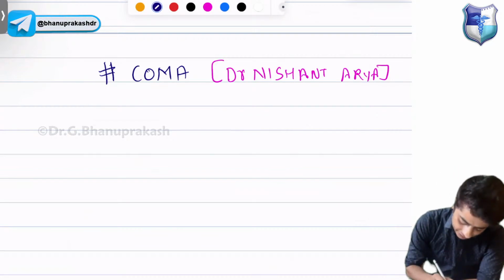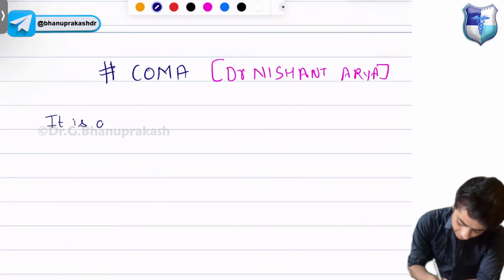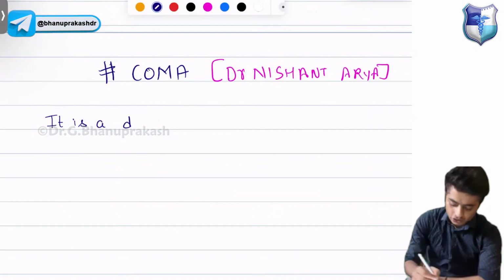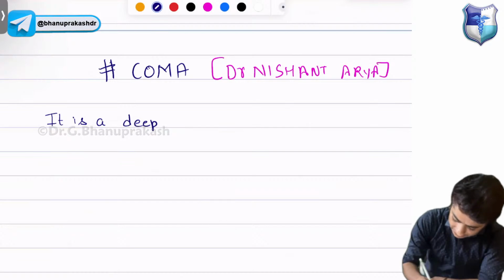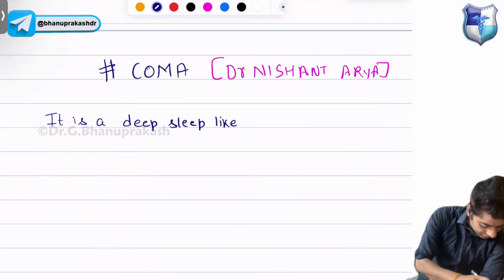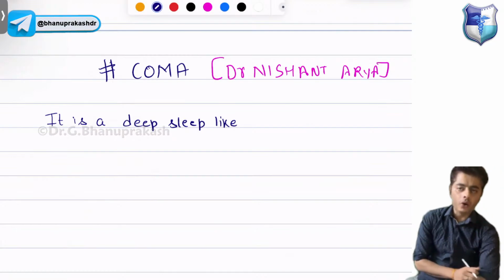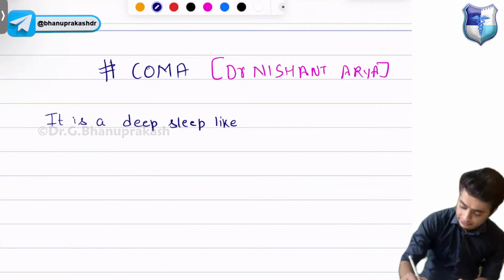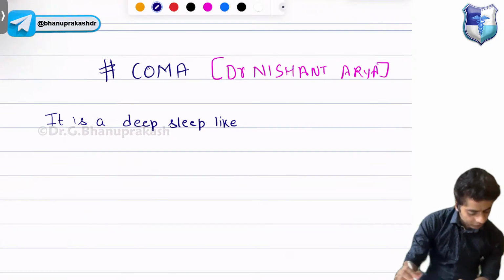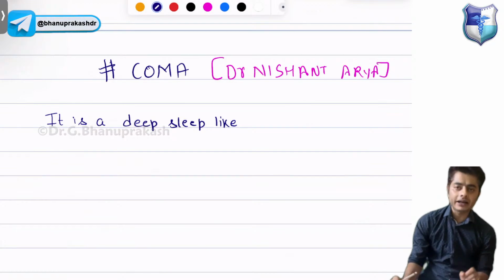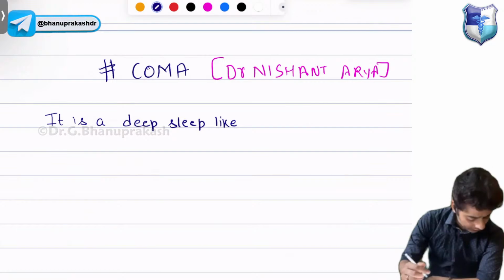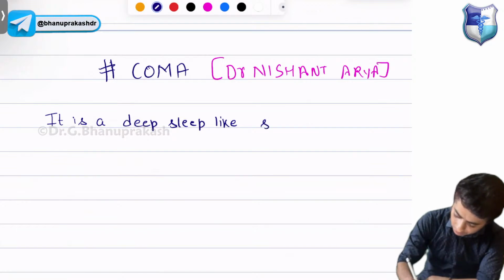So coma is a deep sleep. Harshita is saying like for a long duration. Like when someone does not respond to external environment. Okay, we can say that if someone does not respond to external environment, it is unresponsive to stimuli. Yeah, this is one of the correct ways: the patient is unresponsive to stimuli. So it is a deep sleep-like state